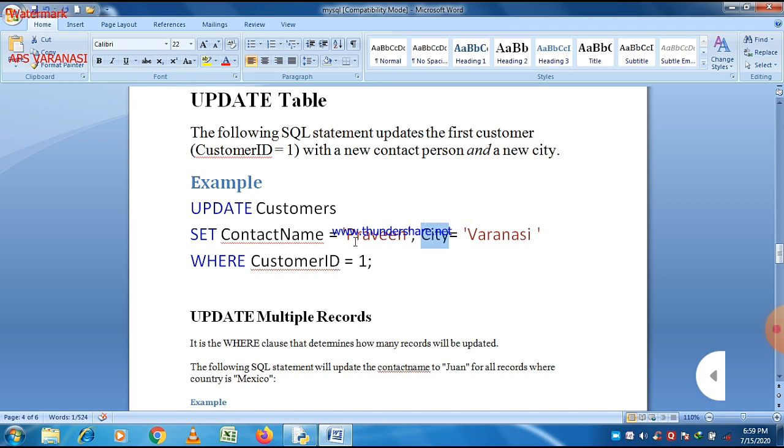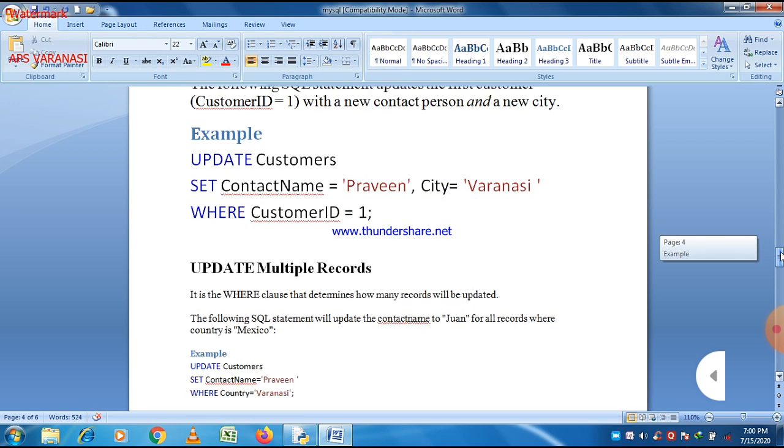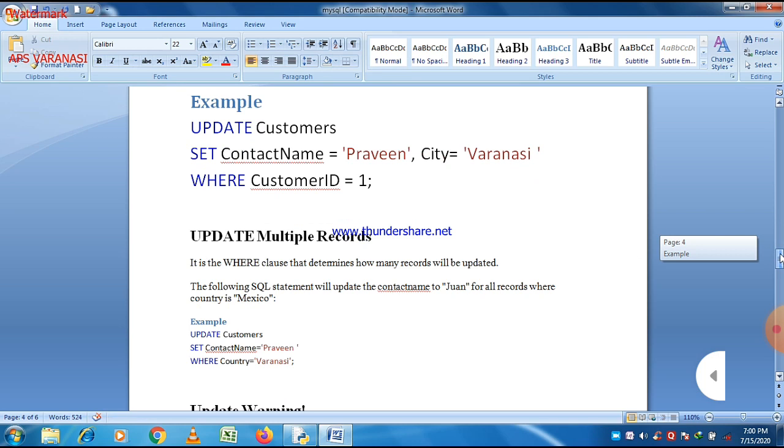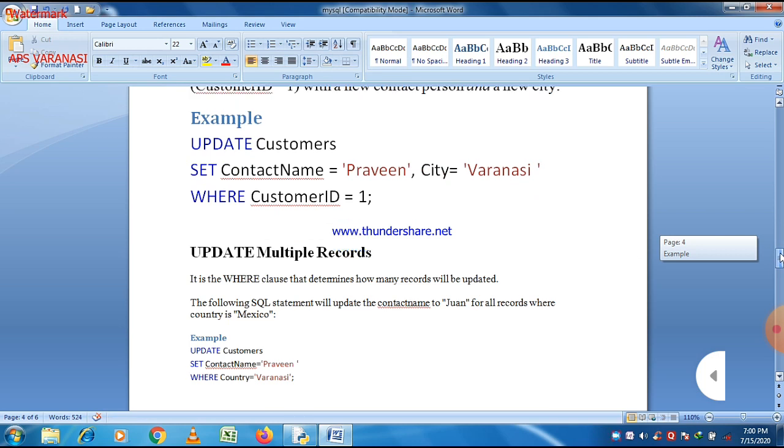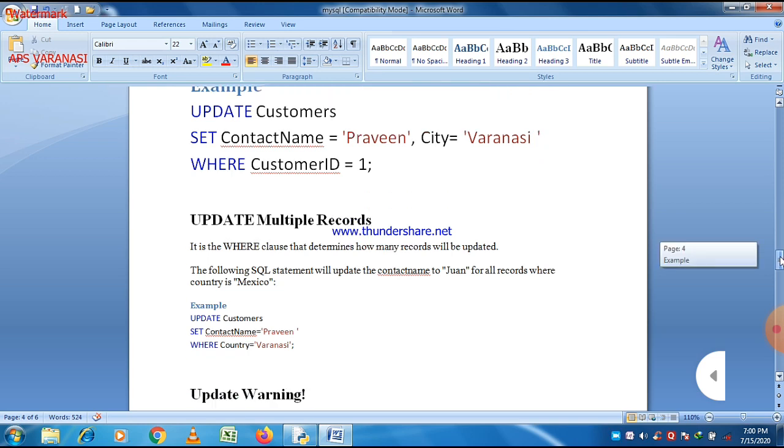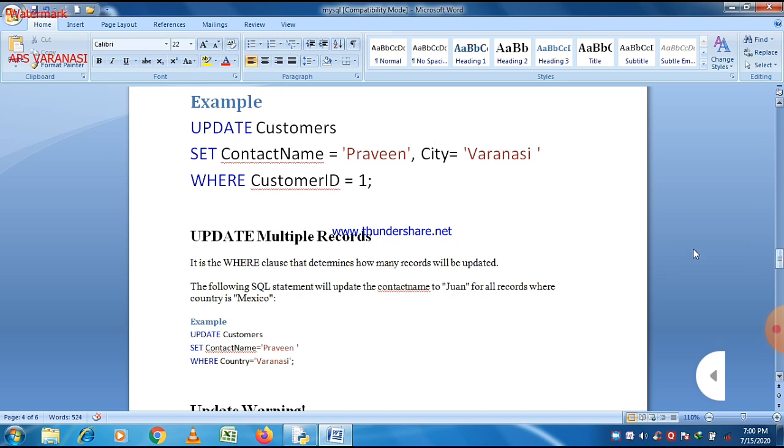To understand this concept, let us draw a table first, and after that you will be able to understand the concept of the UPDATE TABLE command. If you work in MySQL, then first of all you can create a table using the CREATE TABLE statement, and after that insert the data using the INSERT INTO statement, and only then can you apply the UPDATE statement.